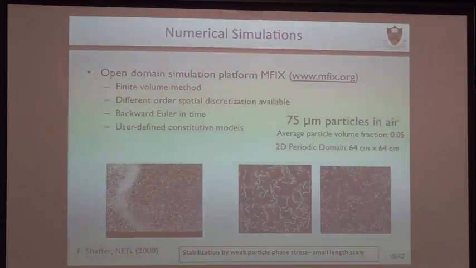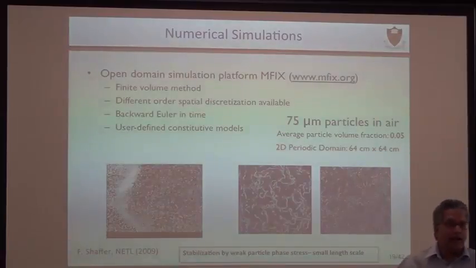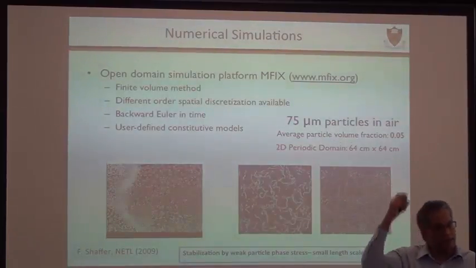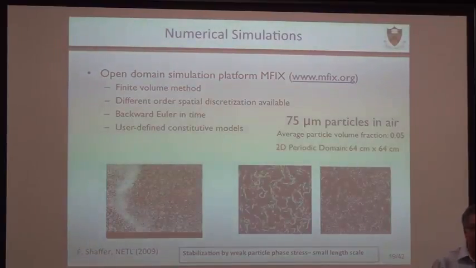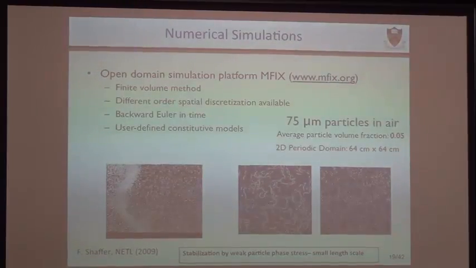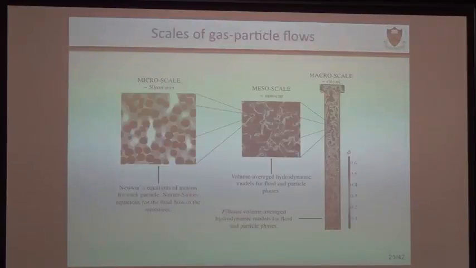This is already a very large scale supercomputer problem. So how are we ever going to do a real reactor, which is many meters in diameter and height, if I can't put that even in 2D, let alone 3D? That's a challenge. When you do them in 3D, again you have the same kind of problem of grid resolution. As you put in more and more grid, you start getting finer structure.